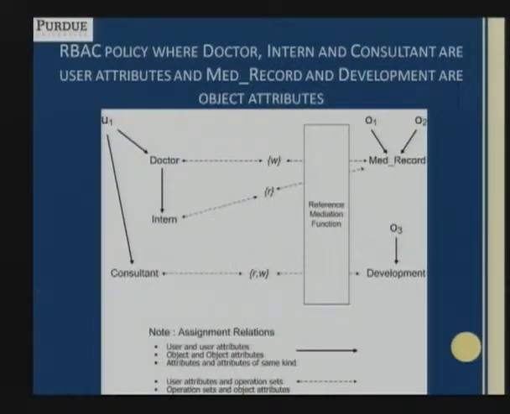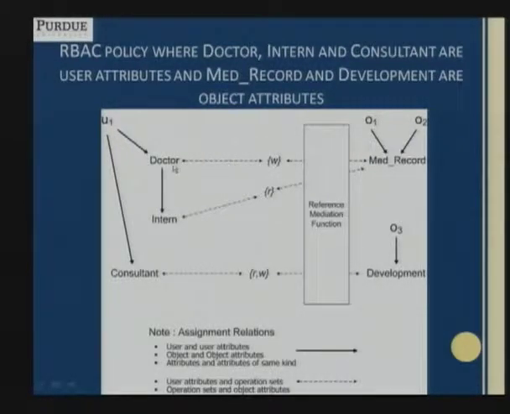This slide shows a typical implementation of RBAC using Policy Machine. This is an RBAC policy in Policy Machine where doctor, intern, and consultant are user attributes, and medical record and development are object attributes. The arrows are the assignment relations, and the user can be assigned this user attribute doctor, and further